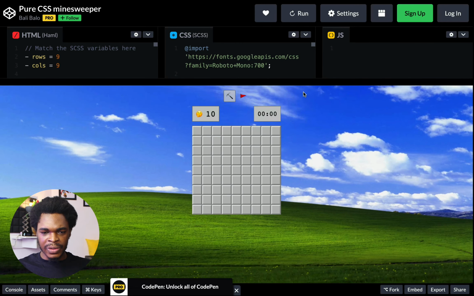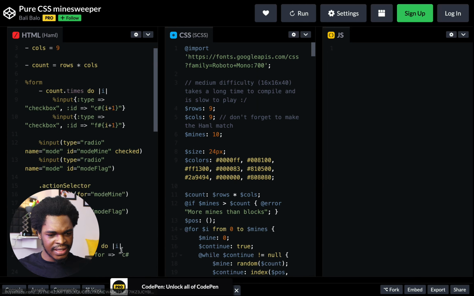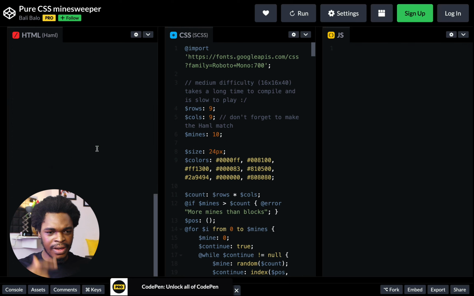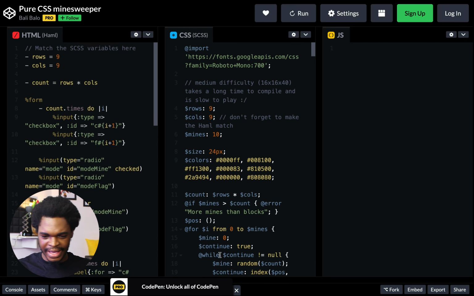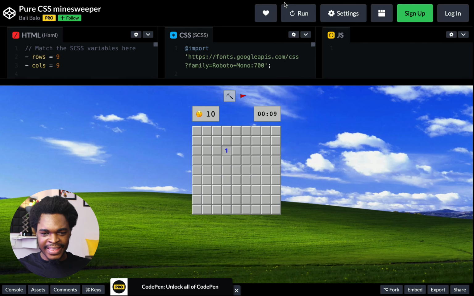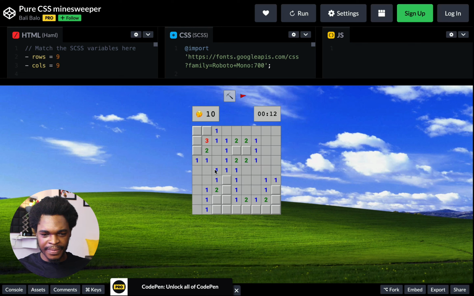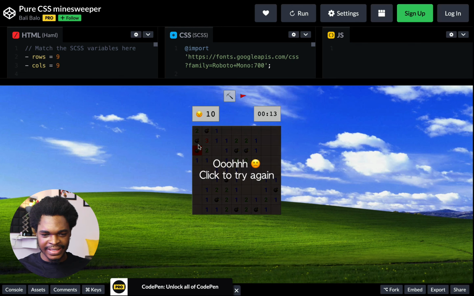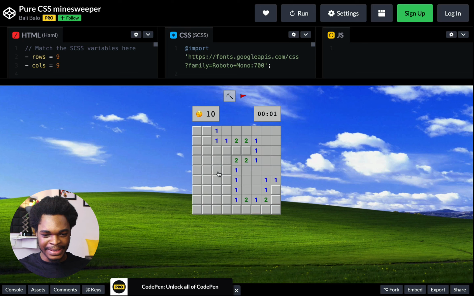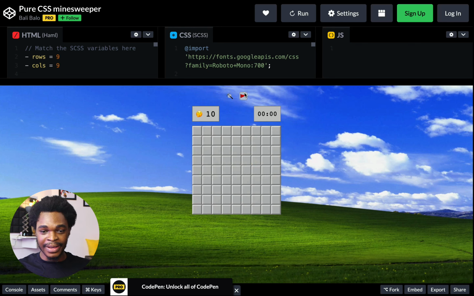Okay, we have a Windows game. Is this really with just CSS? Is there any library? Okay, this is a game. Wait, did I win? I don't understand this game. Is this Sudoku? Probably, but I don't know how to play this game. I don't know what I'm doing, but I don't think you can win it. Can you win this game? No, sorry. Okay, this was, wow,